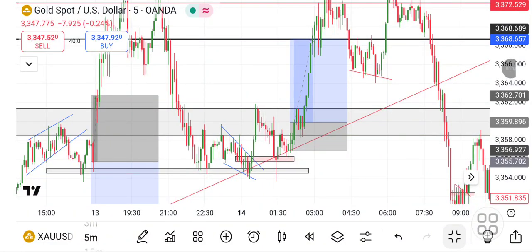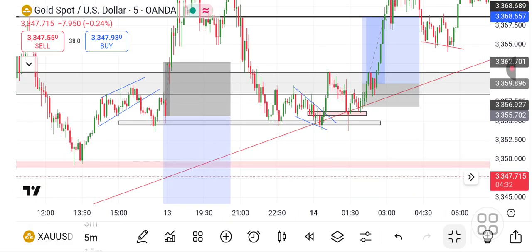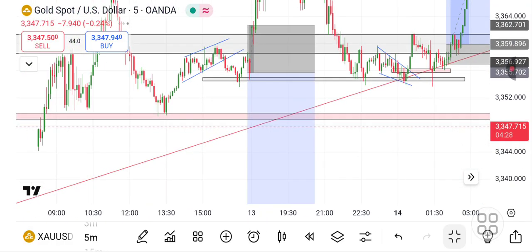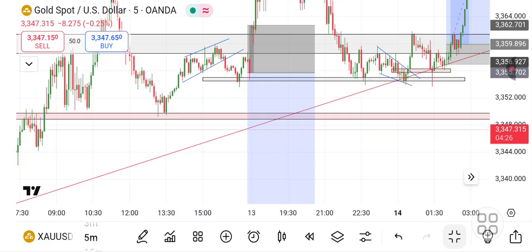So today I took trades on gold. The first trade was a gold sell, and it was just a setup. I didn't take the trade. So this was Friday